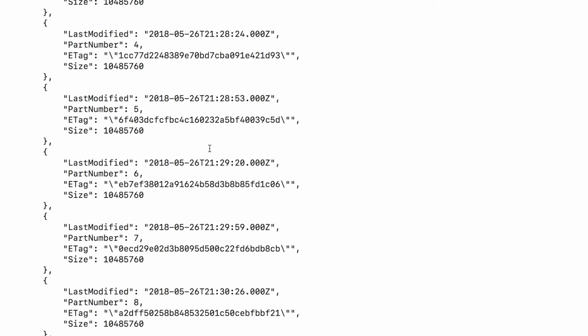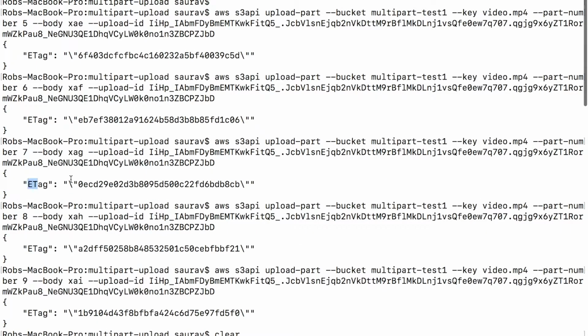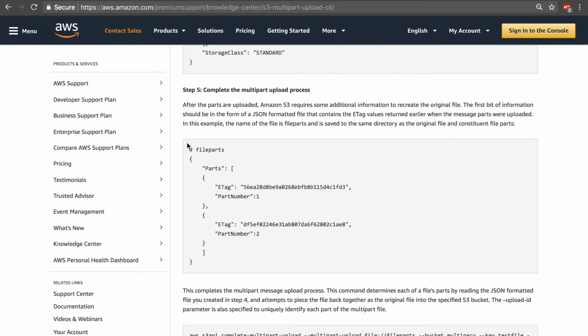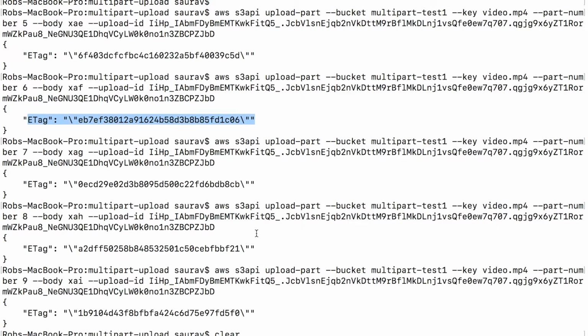So quickly, all these things should be put in a file, and we need that file to complete the multi-part upload process. If I go back, the format of the file that I need to provide when completing multi-part upload is like this, right? I have a JSON document that will say parts and list all the parts. Now to make this file creation easier, what we can do is copy this